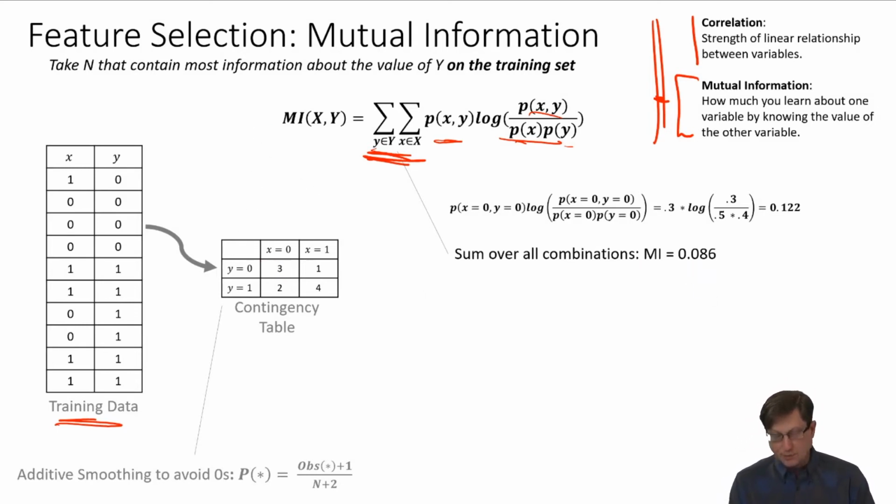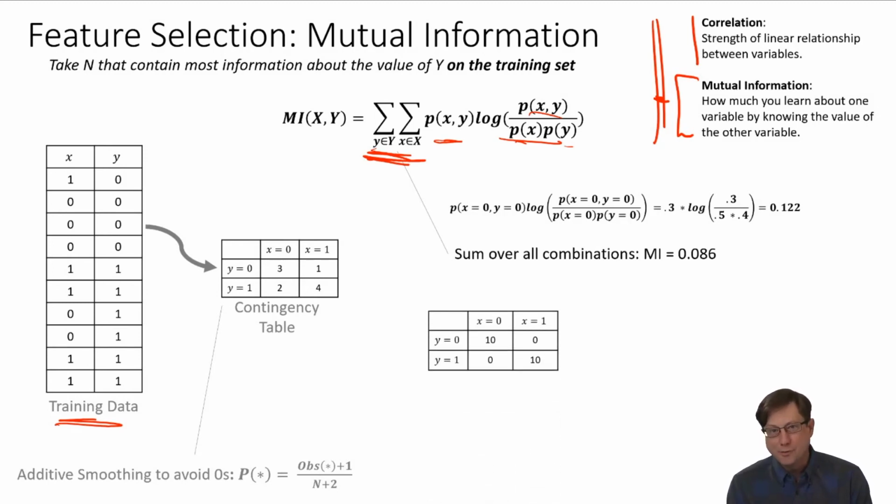Let's get a little bit more intuition about what the boundaries are here. Imagine you had a contingency table like this. So if I know X, this is a question for you. If I know X, what do I learn about Y? Do I learn anything about Y for knowing the value of X? If I know X is 0,